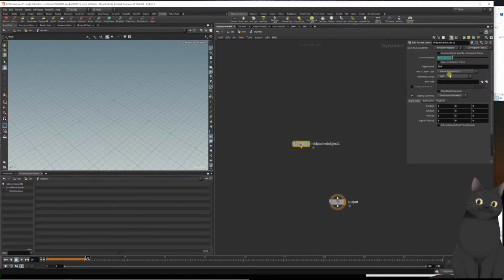Geometry source, first context geometry, because we are plugging that here into our first input. Override attributes is m scale because we want to start with small objects and then we grow to